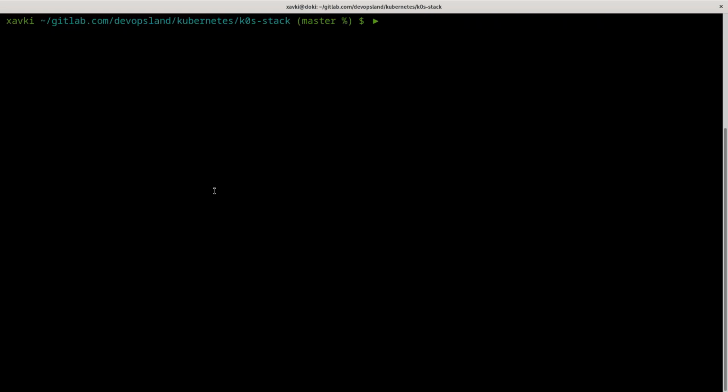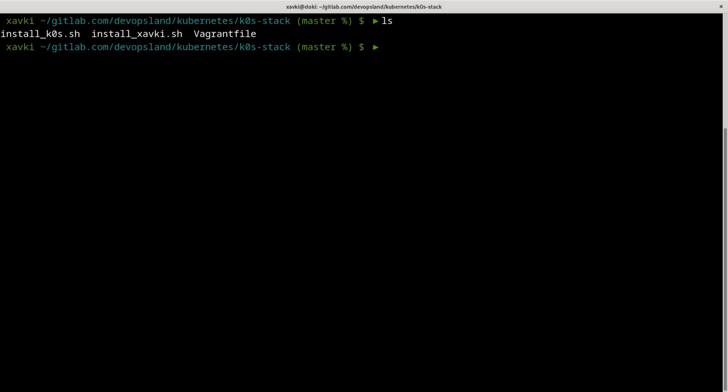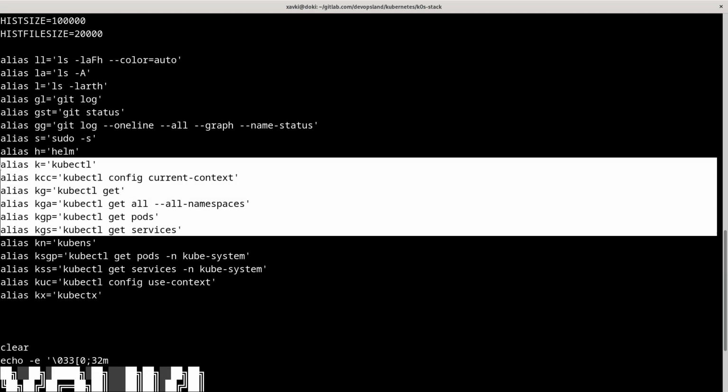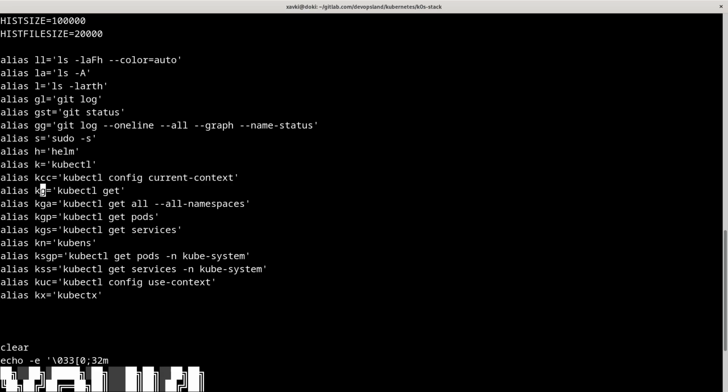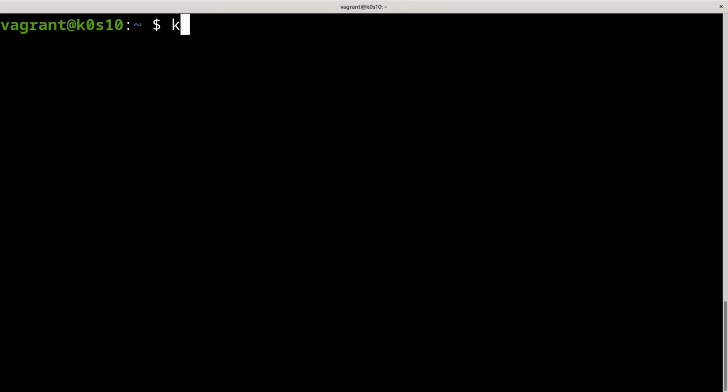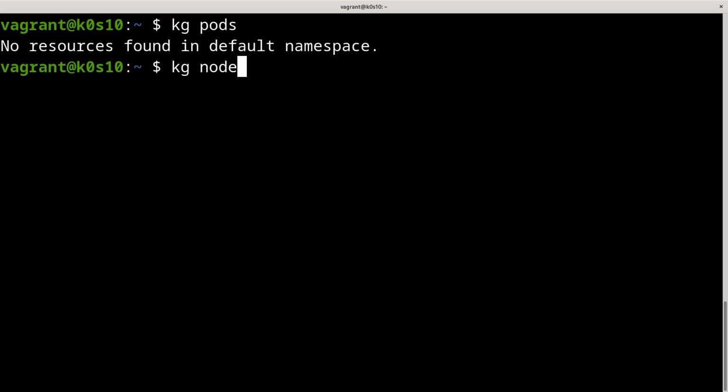Okay, so this is already installed into our bashrc, because if we check how we installed our cluster, in the same directory we have an install_key.sh script, and if we check what we did in this script, we have already set some aliases for Kubernetes: the K for kubectl, or kget for kubectl get, like here. And if you use it, like here, kget pod, it works, or kget nodes, it works.